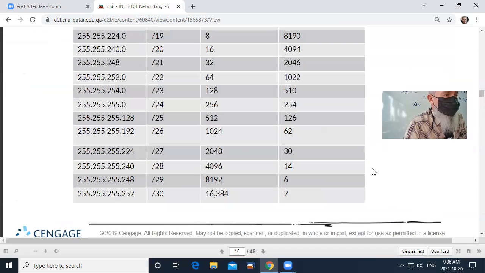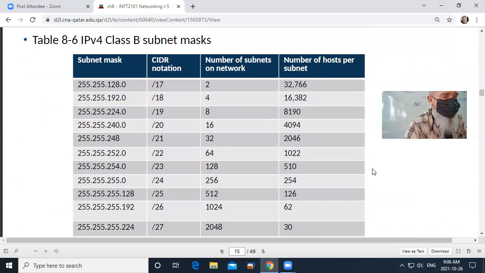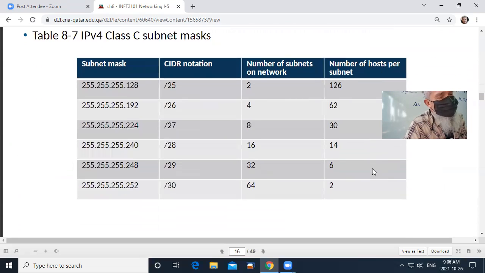All right, so that was B class addressing. C class addressing is kind of the more common one that we do. In a small business network, you're typically going to get an IP address which is going to be a C class address. And then you might want to divide that up into something more usable for you. So a C class address is going to give you 256 host addresses that you can use, minus 2. 256 minus 2 because of the reason that I just explained, which is that you need to take 2 of those addresses and give them away: one for the broadcast address, and one for the network address.